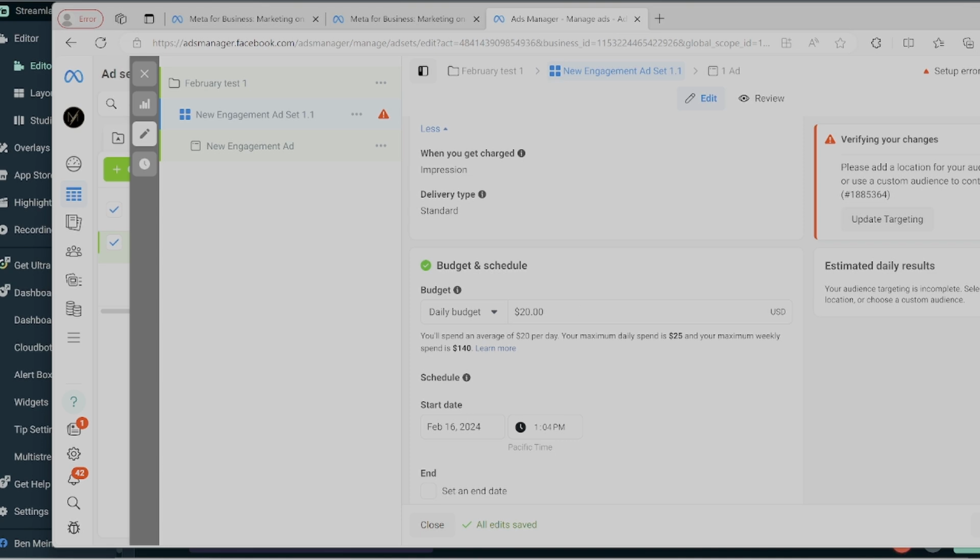Another thing we shouldn't forget, which is kind of hard to do on a lower budget. So don't feel bad if you're not able to do this, but if you're able to spend more, like $100 plus, and get 50 optimization events within a week, so that could be 50 leads or 50 messages, then Facebook's AI is going to optimize a lot better. But it's kind of hard to get that amount of conversions unless you're running big budgets on ads. I didn't start there, so if you can't, don't start with big budgets.